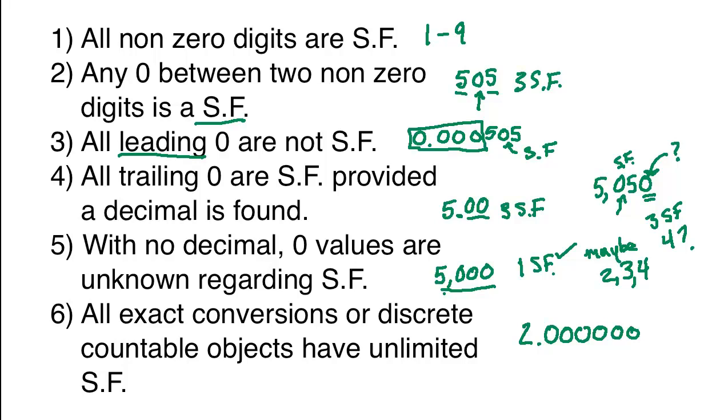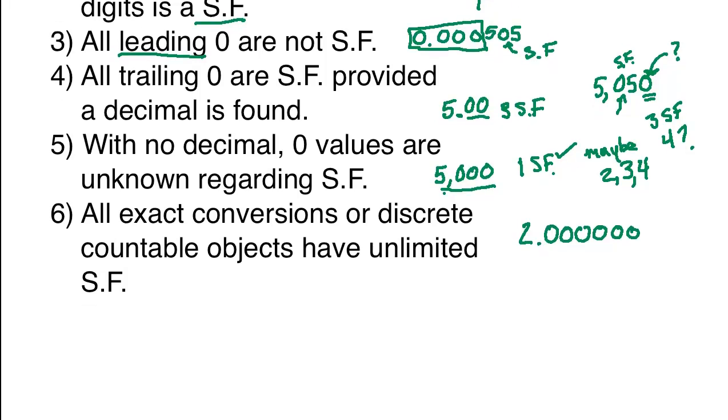Maybe it's millimeters, maybe it's smaller than that if you have a really good ruler. But it's going to run into a limit at some point where it can't continue to fraction all the way down to the smallest, infinity as you're going on. So this also applies to exact conversions. So what do we mean by exact conversions? For instance, if we say 1 inch is equal to